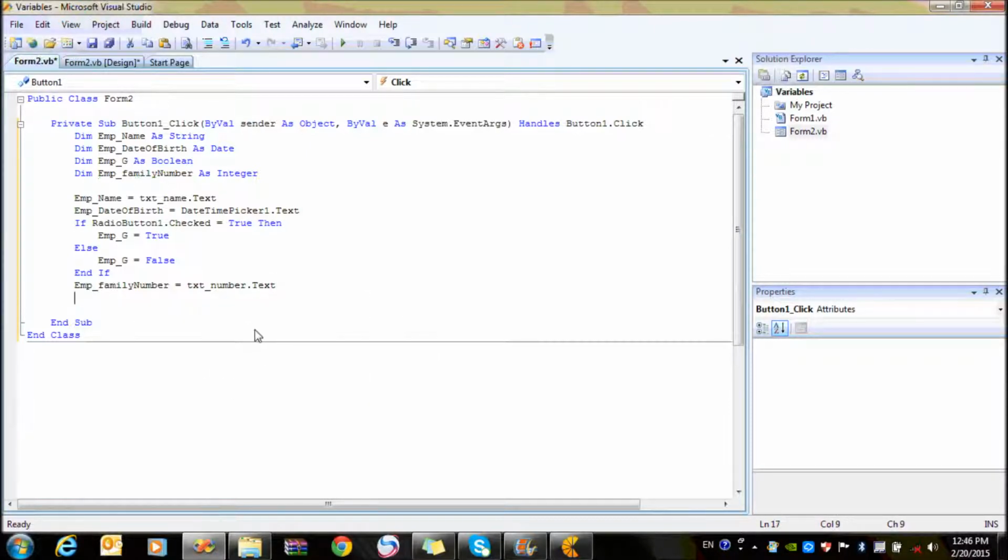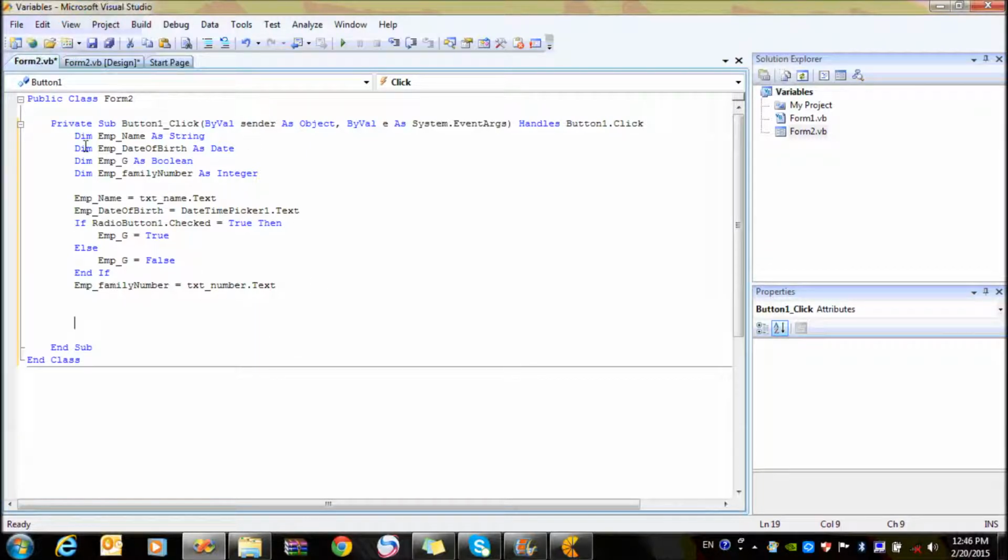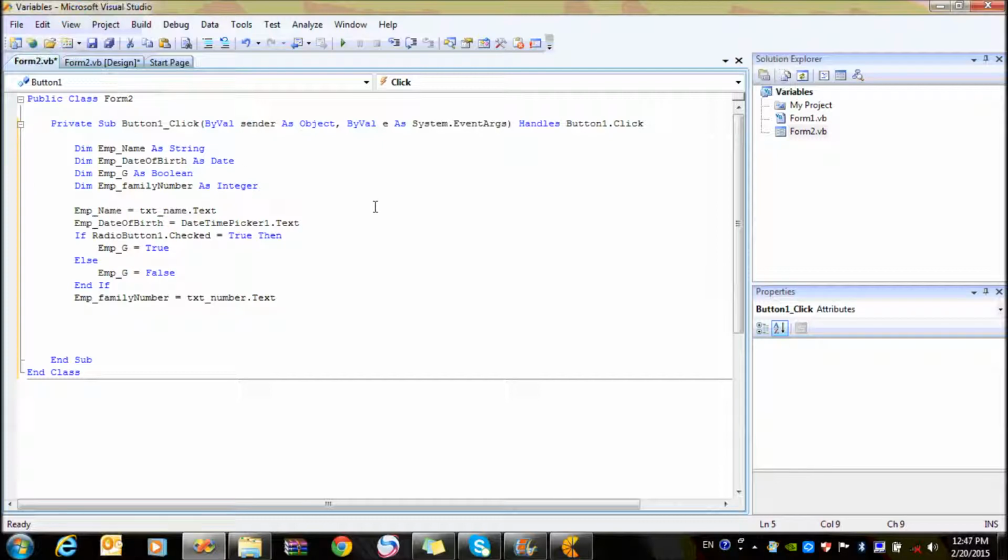Okay, what did we do here is to declare our variables in the first step and then assign a value for each one of those variables. If the programmer would like to write a comment for himself or for documentation, before writing any comment we have to use the keyword REM. Note that the comment will be written in green to be differentiated from the programming code. We're gonna write REM variables declaration,